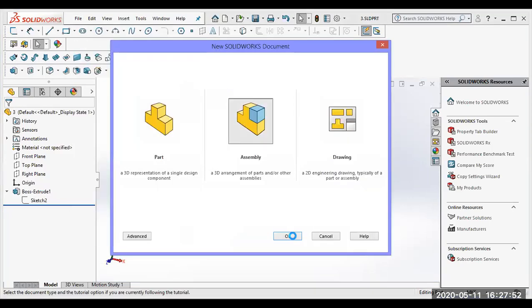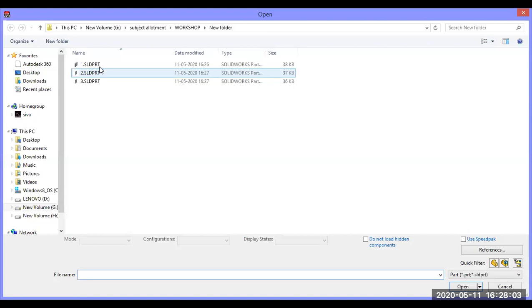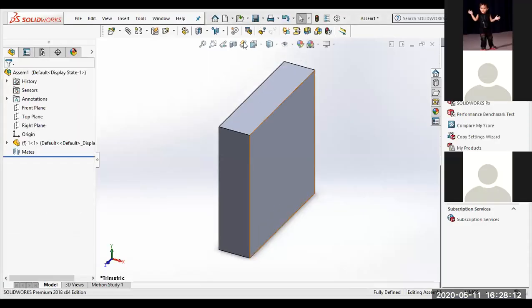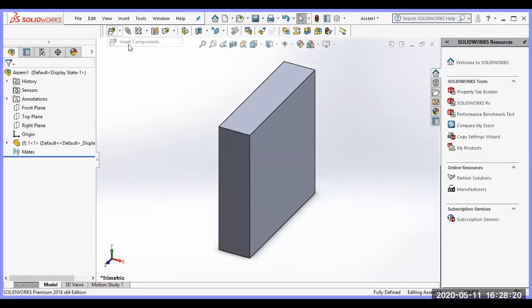Select assembly. Now browse it. Now I have the first part. And the next, second part, insert the component, browse it.